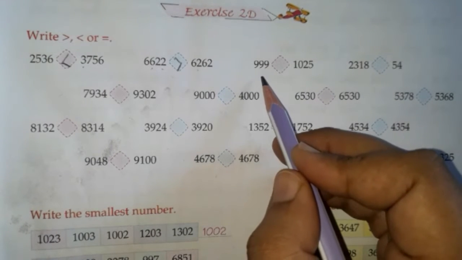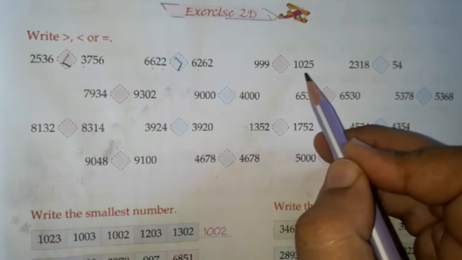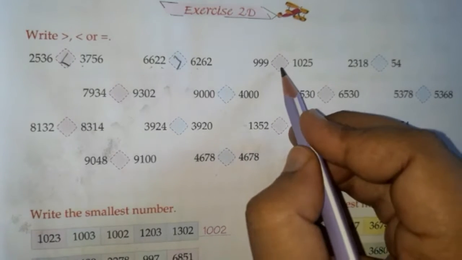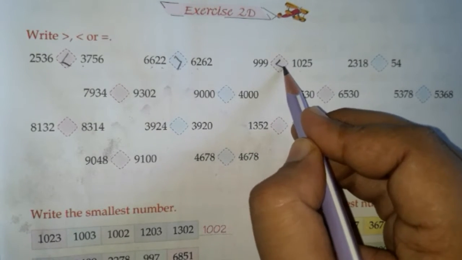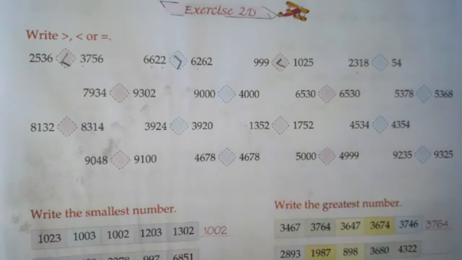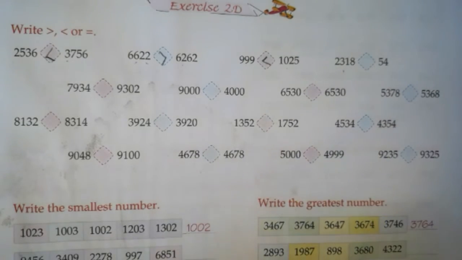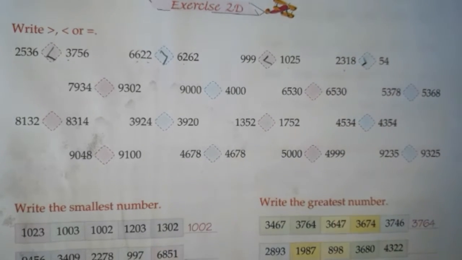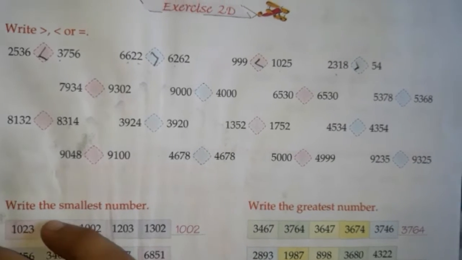Here it is clearly understood that it has 3 digits and it has 4 digits. So the number which has 4 digits will be the greater. Again it has 4 digits, it had 2 digits, so the number which has more digits will be greater. Next,